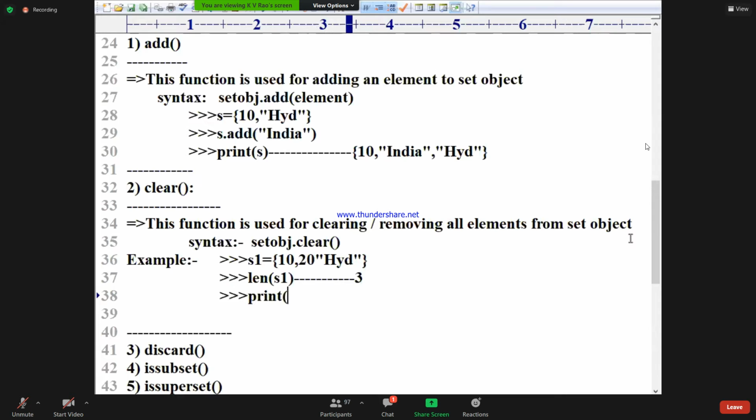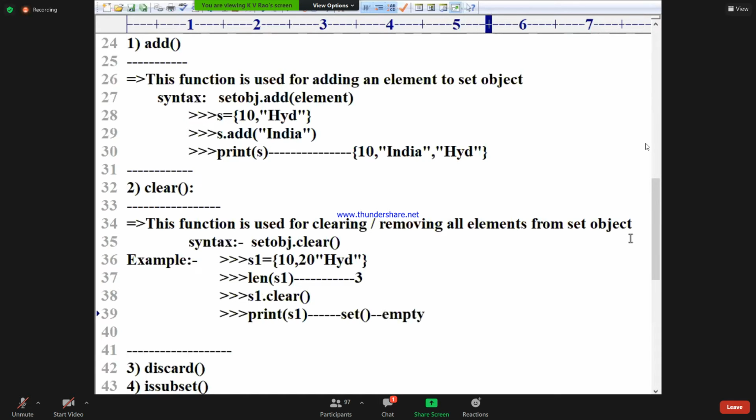Print of S1 dot clear. Now print of S1. Set of, this represents empty. LEN of S1, which will print 0.